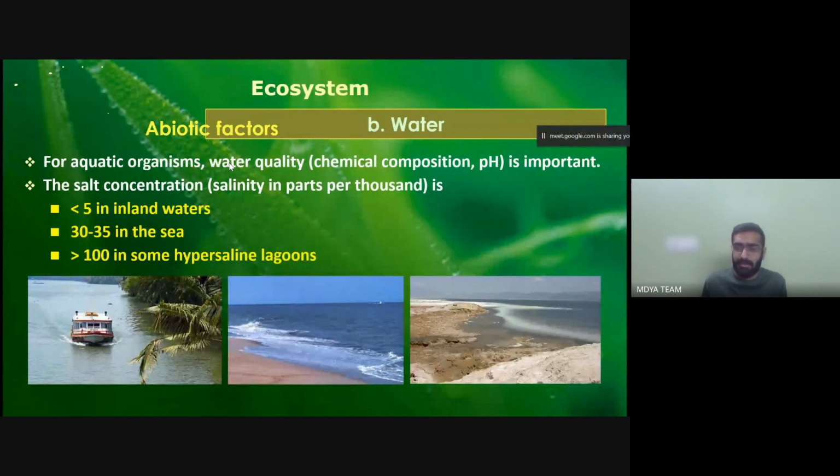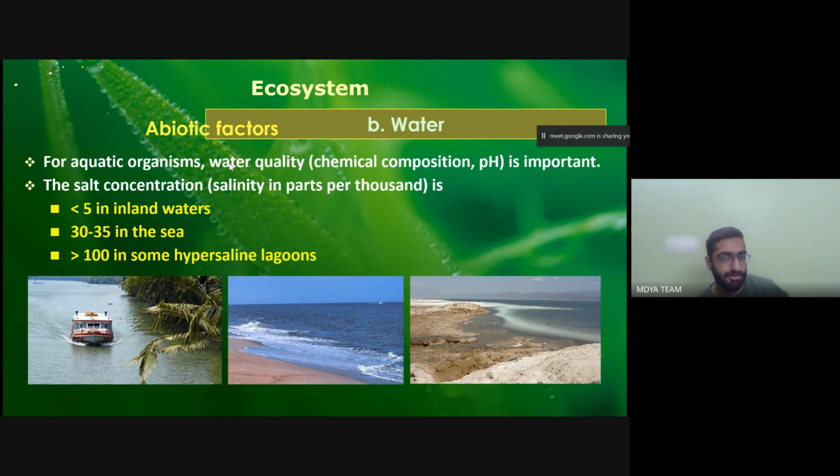In that bond, the chemical composition is such that the oxygen component is enough for the sustenance of the life of the aquatic animals. For example, we as human beings, the chemical composition of air is such that it consists less of water, more of oxygen, such that we are able to breathe in more. If the chemical composition of air were significantly altered so that the water composition was more, then we could not survive.